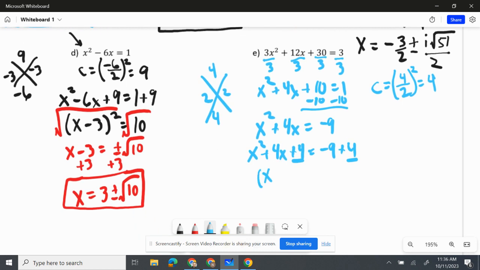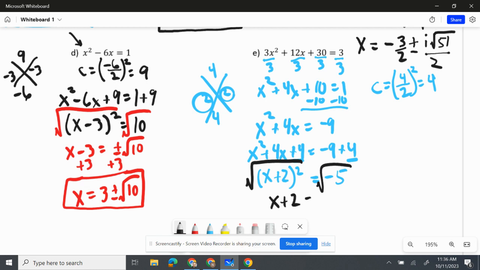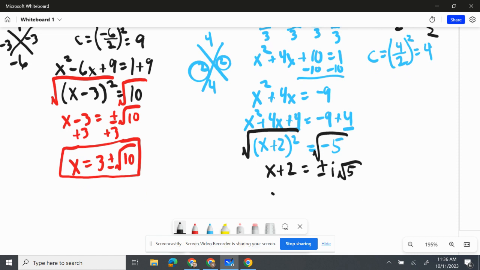So that would be x plus 2 squared. Remember, whenever the numbers are the same, it gives us a hint we're on the right track. And then it adds up to negative 5. We take the square root. That gives us x plus 2 is equal to plus or minus. The square root of a negative is i, and then we have 5. And our last step is subtract the 2. So x equals negative 2 plus or minus i square root of